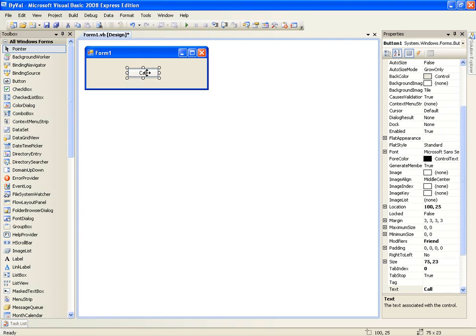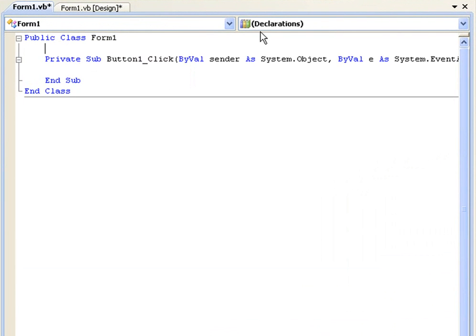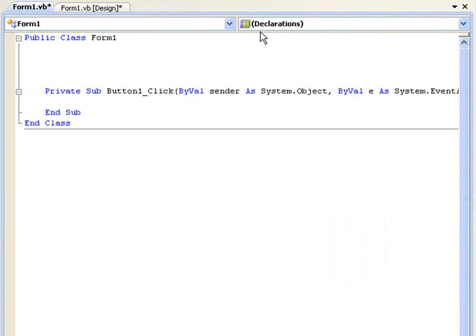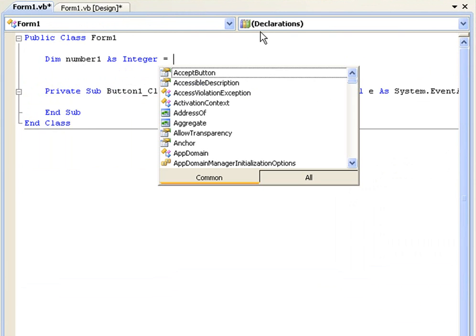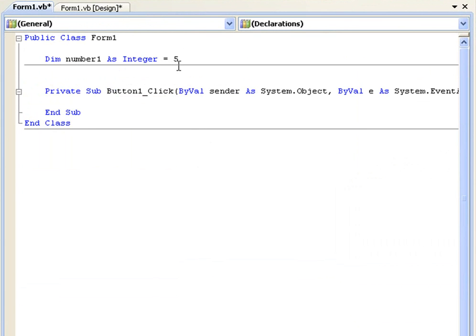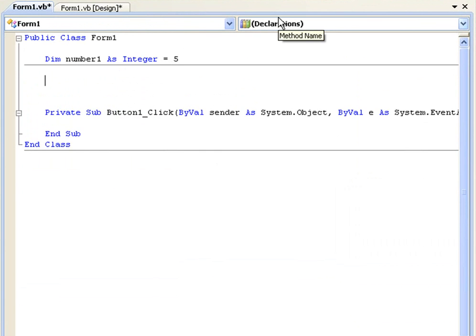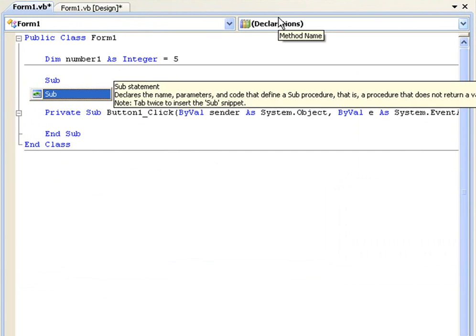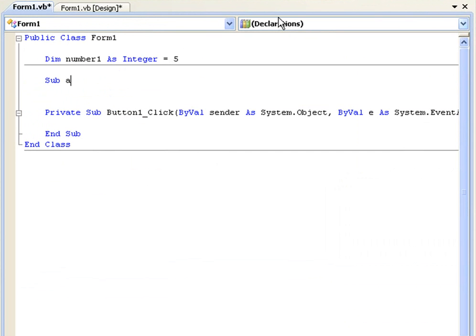And now we're going to go to our code. So up here, before anything, we're going to declare number1 as an integer, and we'll give it the value of 5. We're going to use this in our sub, and then we're going to call a sub, and we'll call it add number